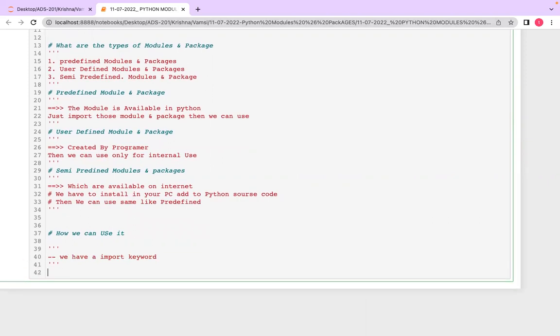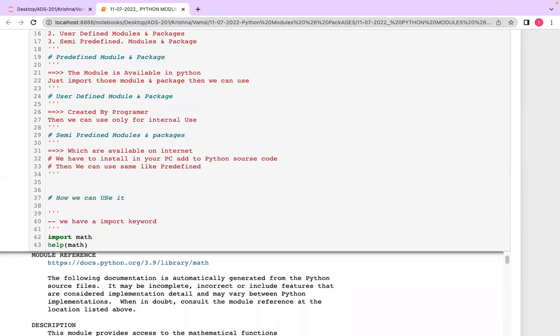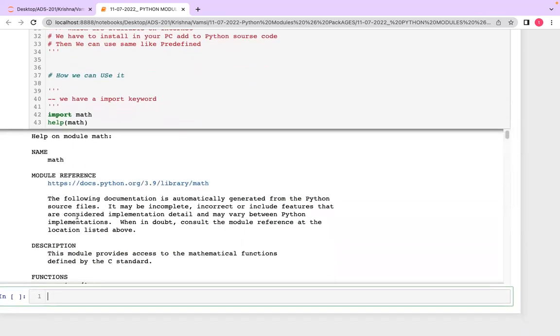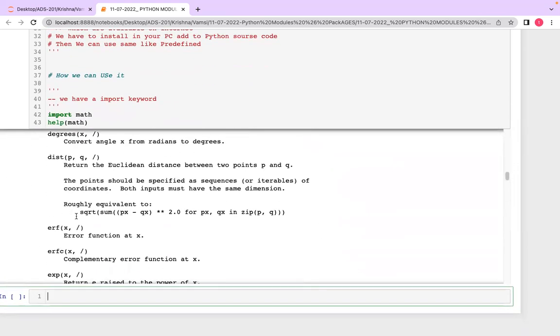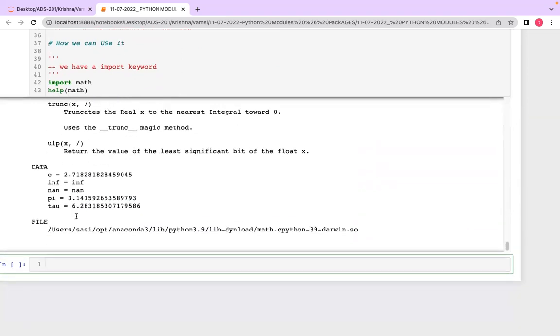Let's take the math module, which is predefined. I just want to look at what exactly the math module is. Simply we can use help of math, which gives a lot of documentation for us. Inside the math module we have a lot of functionalities, with explanations. Now we can import math.